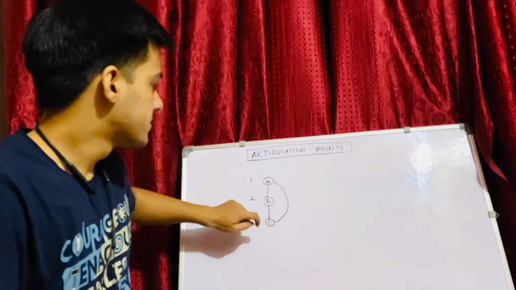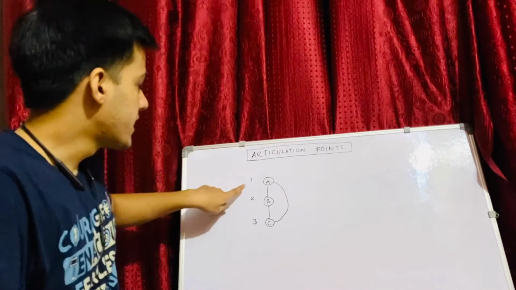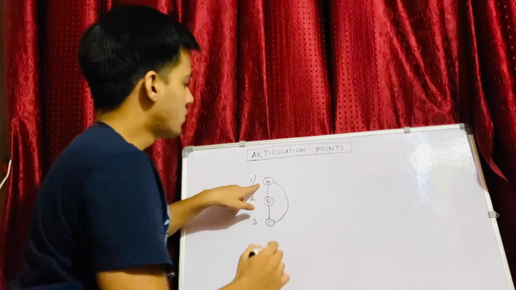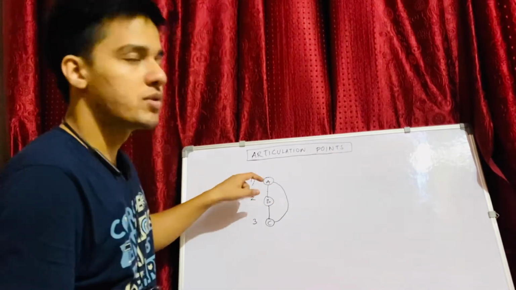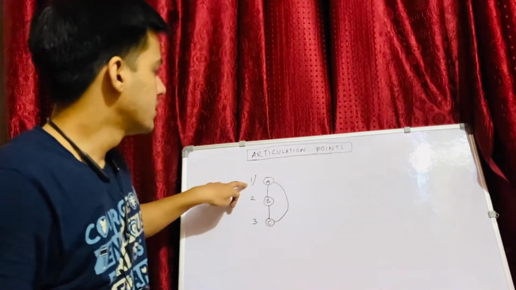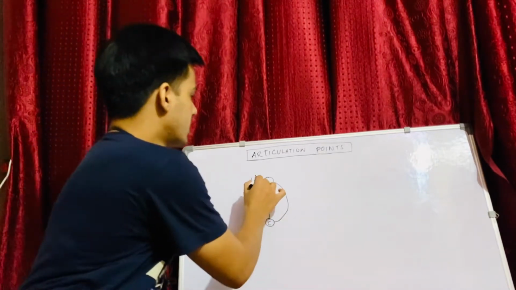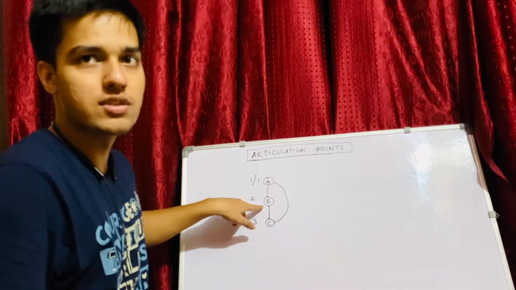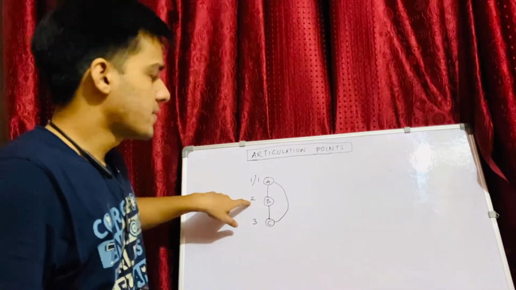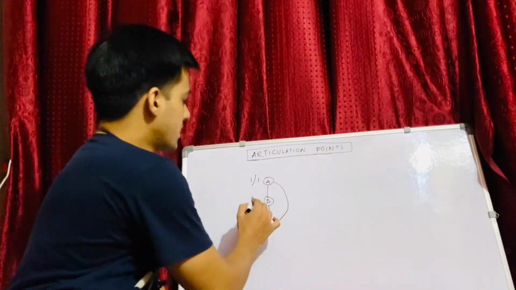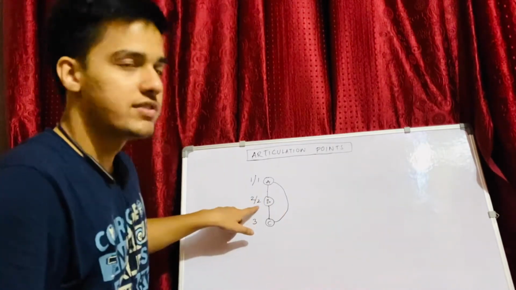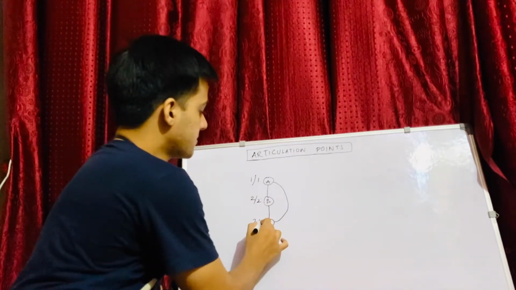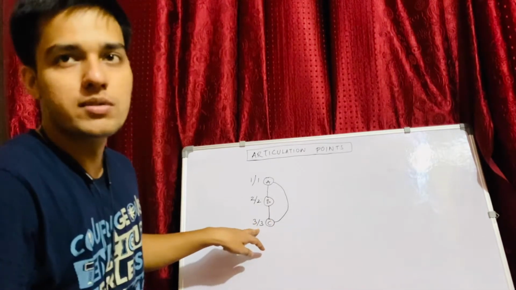So let's suppose I start from A. I took this as my discovery time for A, right? I'll be writing down my low time here. Initially, what would be my lowest discovery time? It would be the discovery time of that node itself, which will be 1. Similarly, from here to here I went, so I'll be doing a DFS on this now. For node B, the discovery time is 2, right? And the low time I'll also initialize with 2. From here, let's suppose I go here, then its discovery time and low time both will be 3, right?